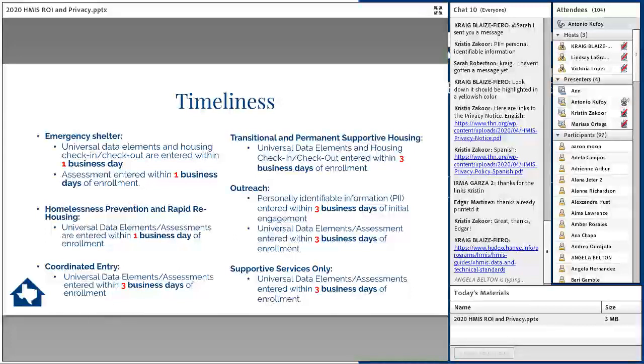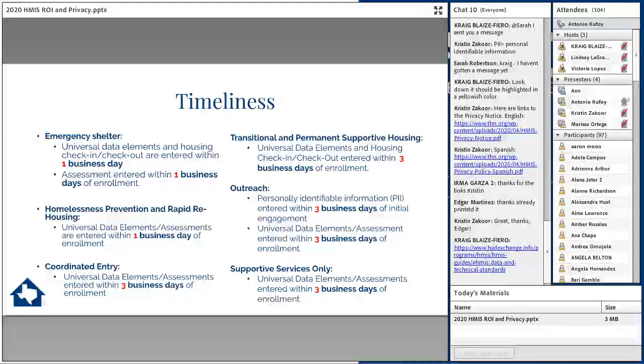Timely data entry also ensures that the data is accessible when it's needed for monitoring, for meeting funder requirements, and for the vast number of reports that we have to submit every once in a while. A lot of times it causes issues if the back data entry is over a month or two. That means that the majority of the reports that were submitted for that month or two were inaccurate.